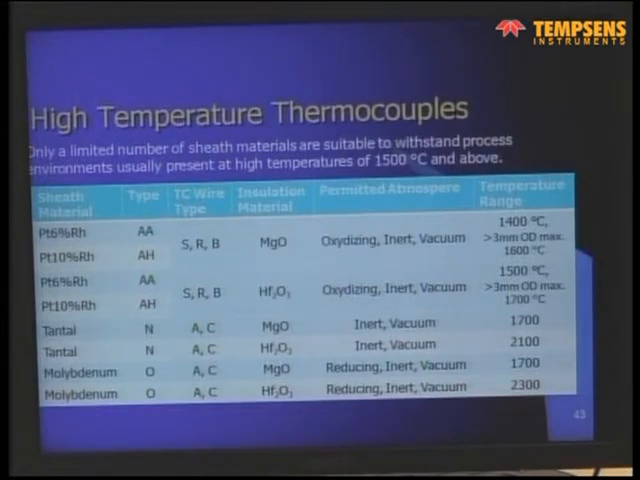So insulation material, magnesium oxide or hafnium oxide is recommended for such applications. They have good insulation numbers at higher temperatures. Beryllium oxide would be better, but beryllium oxide is not allowed in all countries of this world,